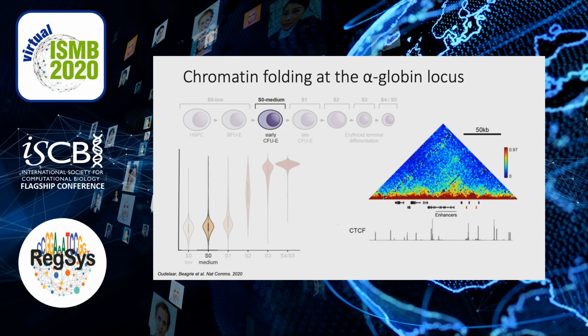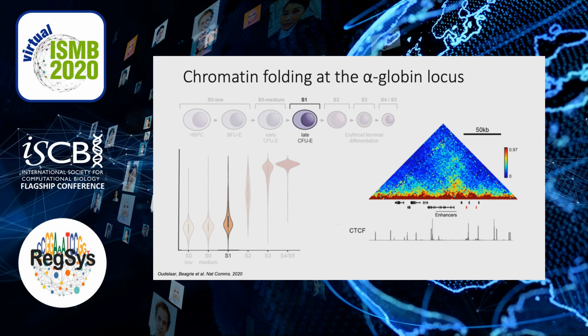So using this method, we were able to really examine in detail the chromatin folding at alpha globin, and in the heat map on the right hand side, the blue colours indicate two pieces of DNA on the linear genome which are not interacting very strongly, and the red colour indicates pieces of DNA that interact quite strongly. So hopefully what you can appreciate is that